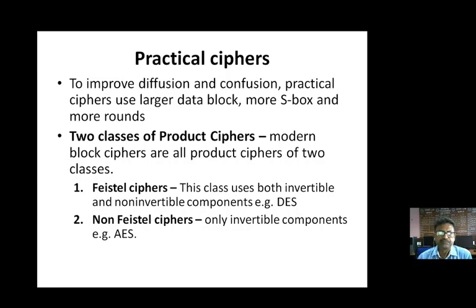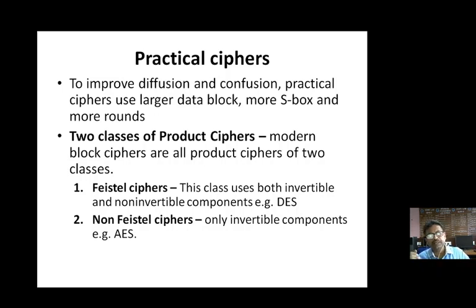Now, practical ciphers. To improve this diffusion and confusion, practical ciphers use a larger data block, more S-boxes, and more rounds. So, in practical purpose, just to create more diffusion and more confusion, practical ciphers use a large data block, which is not only an 8-bit block, we are using a 64-bit block. We are using not only 1 or 4 S-boxes, we are using 8 S-boxes. Instead of using 2 rounds, we will be using more rounds, that is 16 rounds, as in the case of,